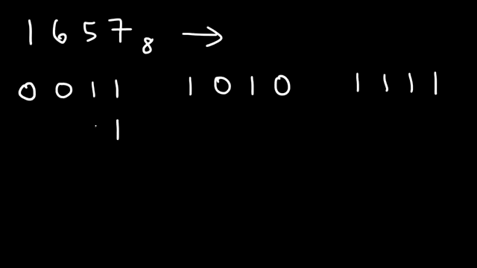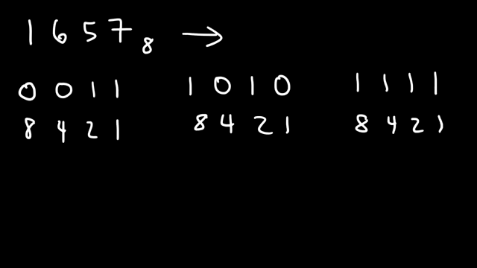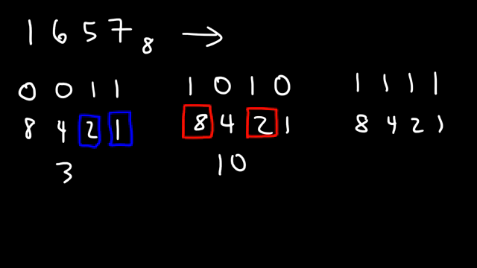So this is associated with 1, 2, 4, 8. So we have a 1 that's associated with the 2 and the 1. So 2 plus 1 is 3. For the second group of 4 binary numbers, we have a 1 associated with the 8 and the 2. So 8 plus 2 is 10. And then for the last one, every number is associated with 1. So we need to add up 8 plus 4, which is 12, plus 2, that's 14, plus 1, which is